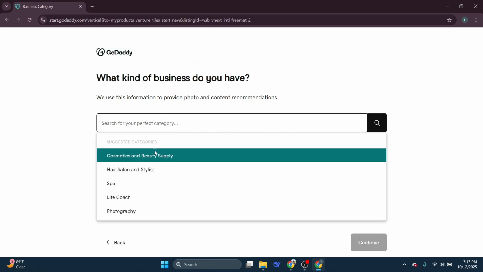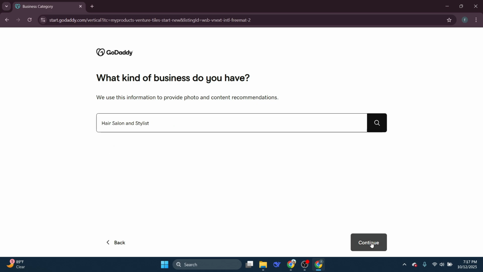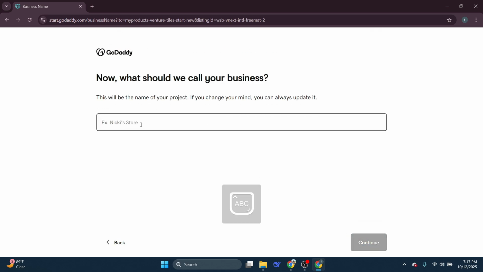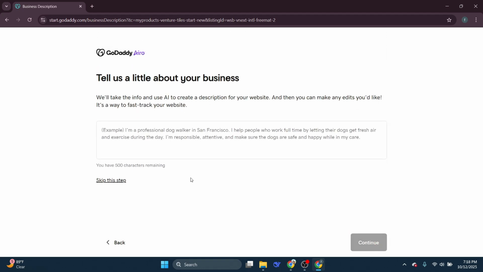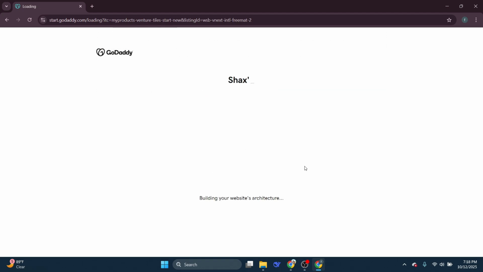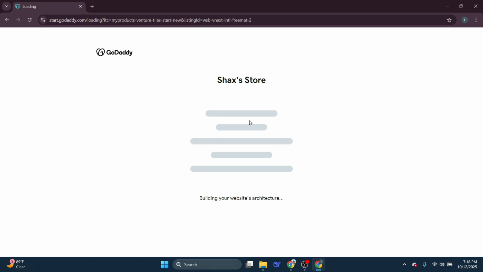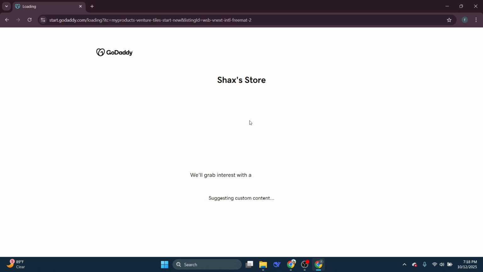anything up front. After selecting to set up your website, GoDaddy will guide you through a few quick questions to tailor the setup to your needs. Answer these as accurately as possible, as they help the platform recommend the most suitable layout, tools, and features for your online store. Once you've provided your details, click Continue, and the setup wizard will begin walking you through each